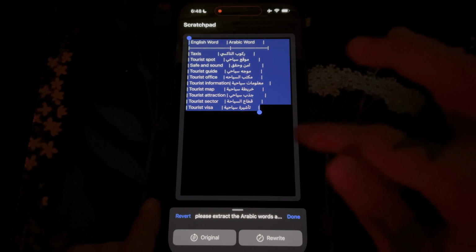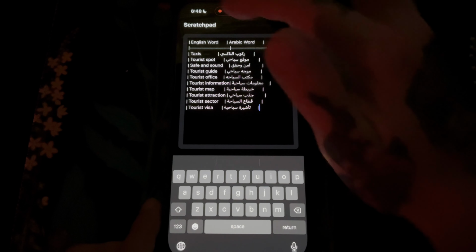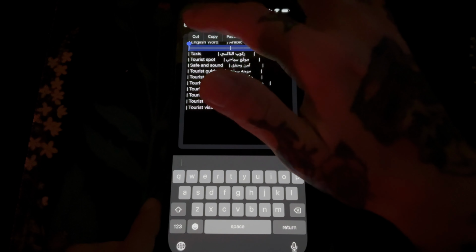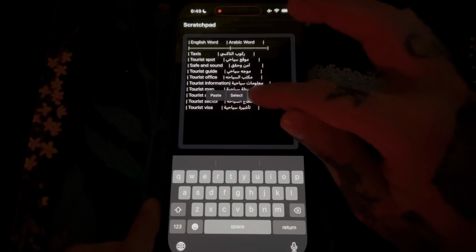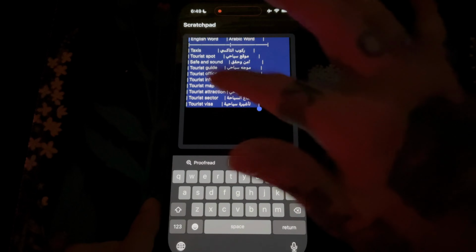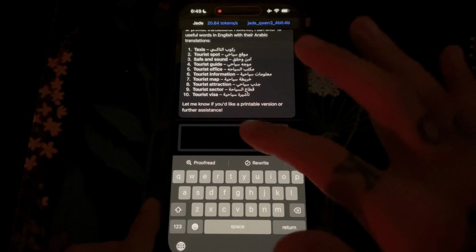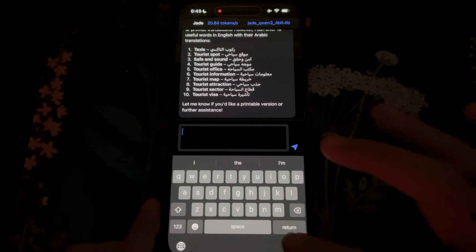There we go. Like magic, we now have a markdown table of English word to Arabic translation. Let's select this, copy it. Let's go back to Jade and say, just use dictation.